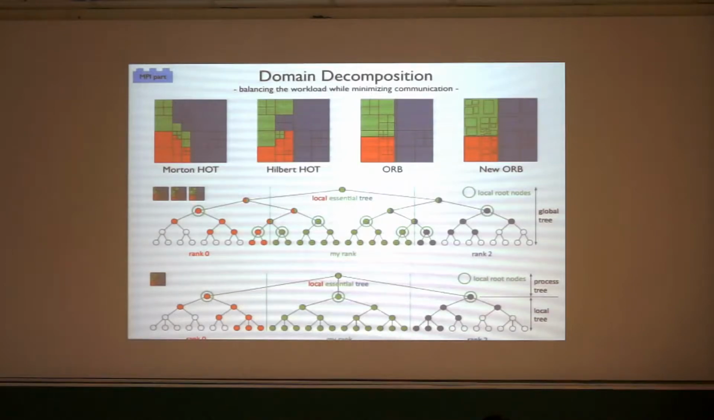So it says Morton HOT and Hilbert HOT. That is an abbreviation of hashed oct tree. So hashed is because you use